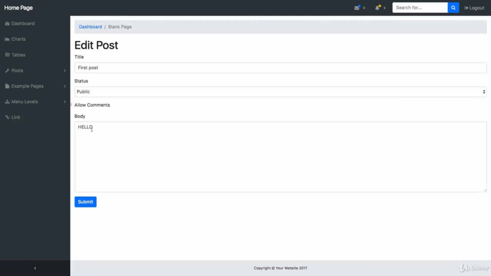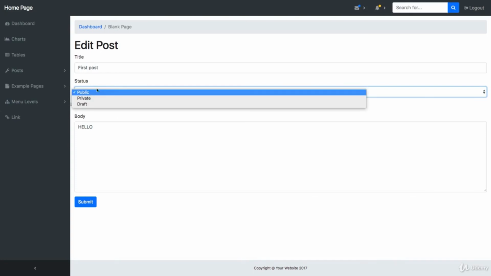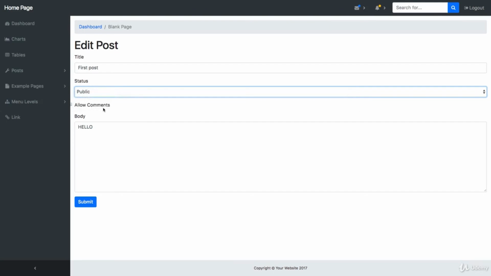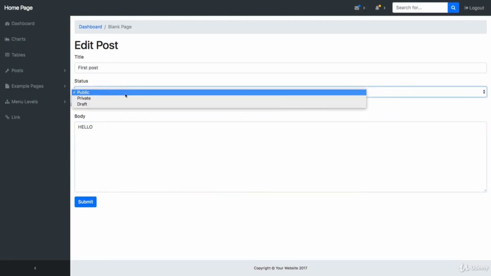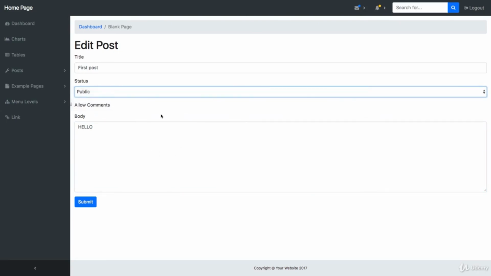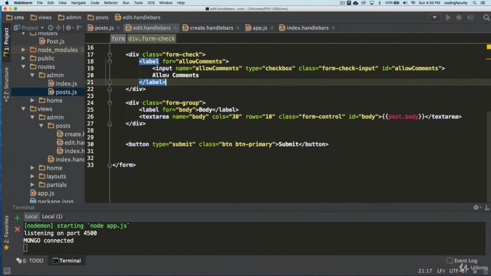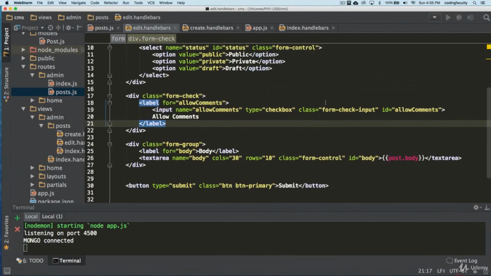Beautiful. So there is one thing that we need to make sure works as well, and this is going to be a little tricky one. We need to make sure that we pull in the right status. And we're going to have to deal with some helper functions to help us with this. We also need to do a little workaround for allow comments. With comments, we can do it right now. The status, we have to do in another lecture, because it's probably going to take one or two lectures to do it. So let's play around with the status.